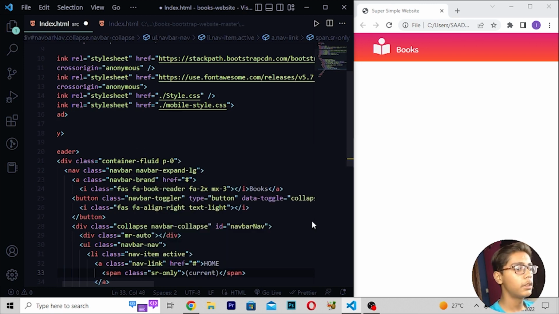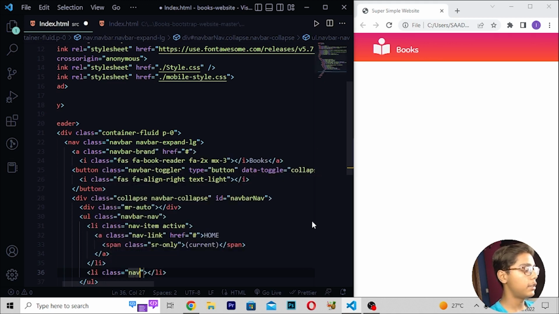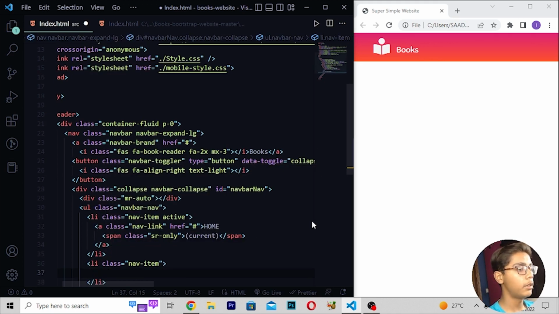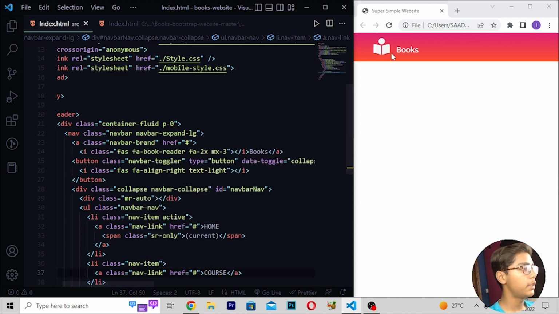Then close this. Here I will now move down, right here li class nav-item. Then I'll be moving down, right here a tag. Then right here class equals nav-link. Then I will now write this hashtag, right here codes. Then you have to just save this, reload, and you can see we are getting all this thing.